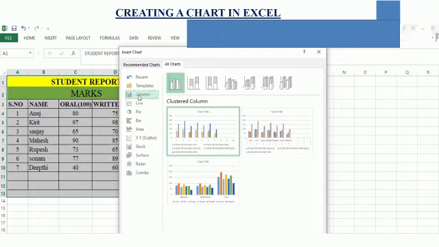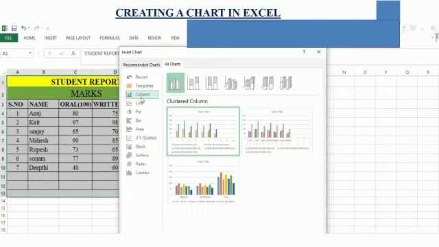We already learned the types of charts, isn't it, children? Column chart, line, pie, bar, area, scatter, stock, surface, radar, combo. So first you need to check which type of chart is required for you.